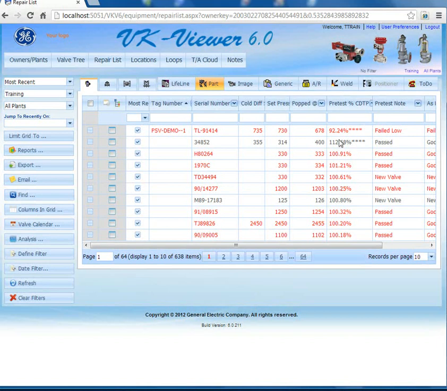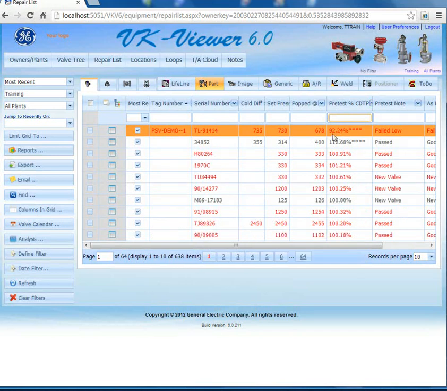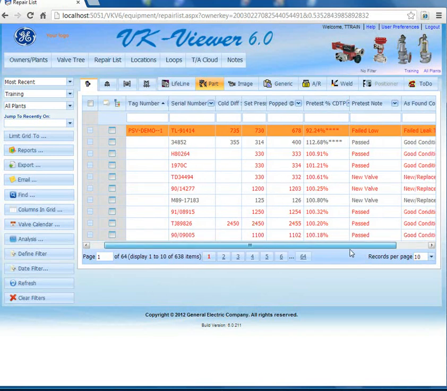If I wanted to, for example, see all of the valves that had pretested outside of my set range of cold diff to pretest, I can click on the column header filter and put in the asterisk, which is the flag item that I'm using for that. You'll see that I am now limiting my grid to only the valves that pretested outside of my cold differential test pressure by 10%. That 10% was selectable by me. Removing that so that I see all of my valves,